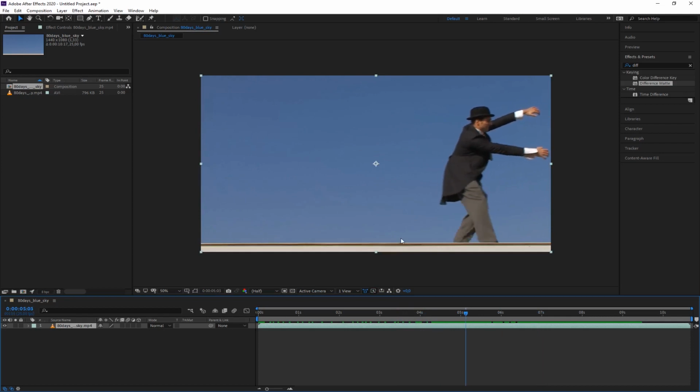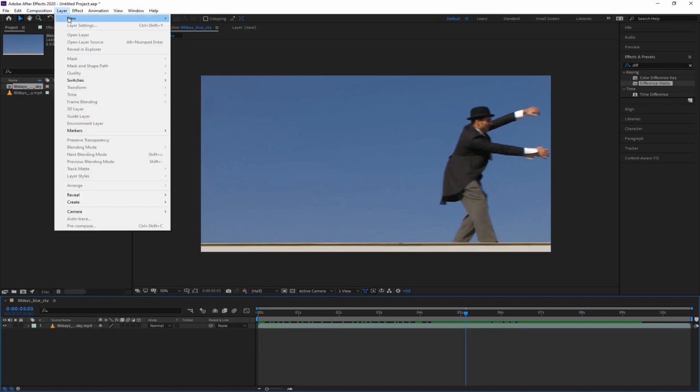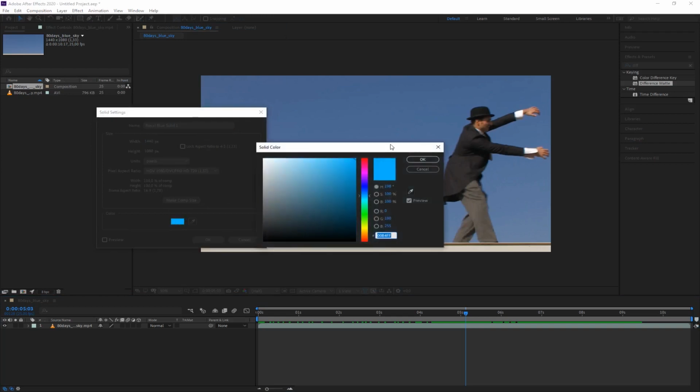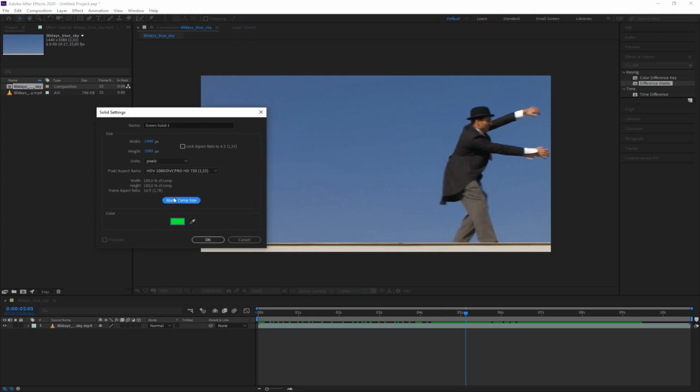And what are different methods? The first thing, and again we put something in the background later on. Just to show the difference, I'm going to put a solid in the background, so layer, new, solid. I'm going to pick a color that is neither blue nor white, so I'm going to use a green solid. Comp size, of course,